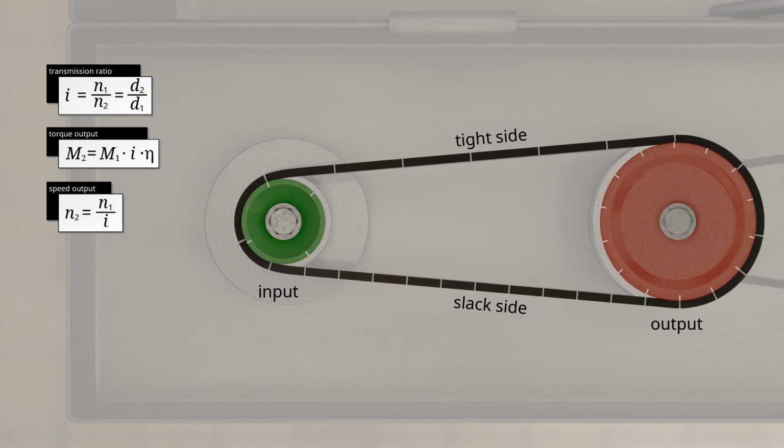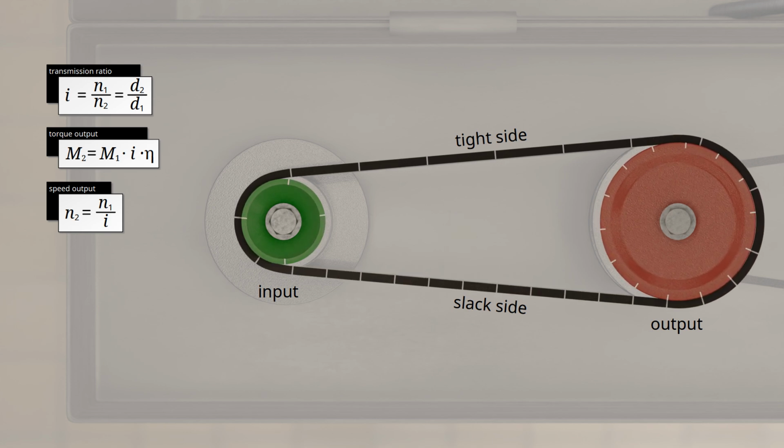It should be noted that the elongation of the individual belt sections in the animation is greatly exaggerated due to the visualization. However, it illustrates the following phenomenon. As the belt passes over the drive pulley, the tension in the belt decreases. Therefore, the belt contracts as it moves around the pulley. The contracting belt then slides over the drive pulley. On the slack side, the belt moves slower than the circumferential speed of the drive pulley. This can also be seen by comparing the speed of the white lines on the tight side with the speed of the lines on the slack side. This phenomenon, where the belt slips over the pulleys due to stretching, is called slippage.